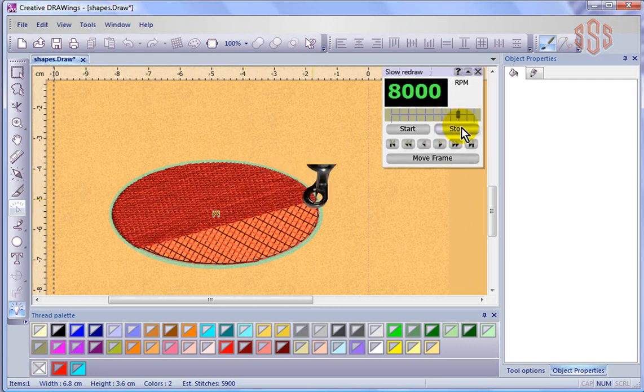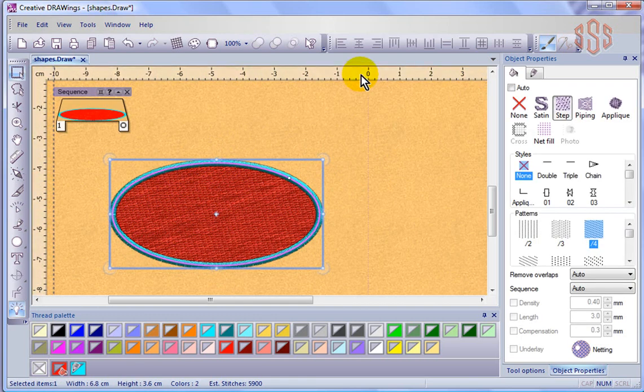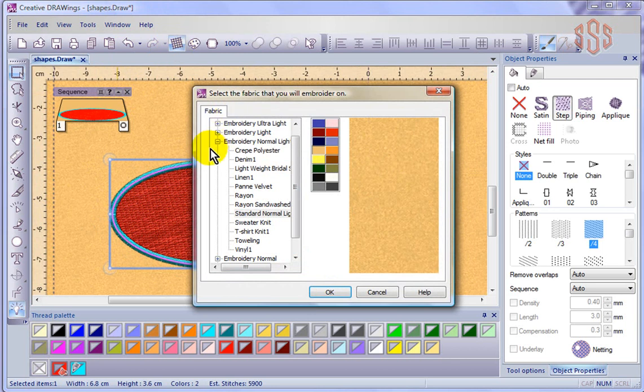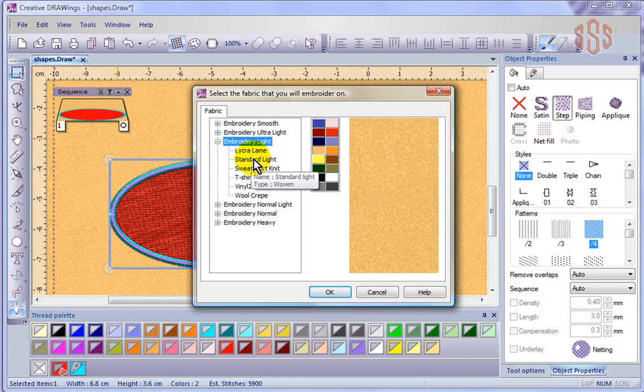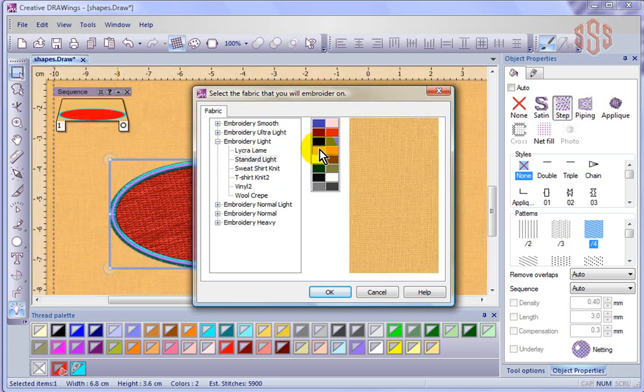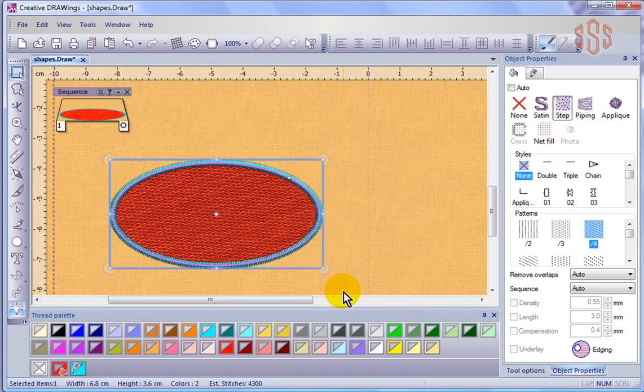So generally speaking, we were able to change the underlay type by changing the fabric type, and each time you choose a different type of fabric. So that was still embroidery normal. Well, why don't we go to embroidery light and choose from there. We'll just go with the standard light, and again a lighter colored fabric. Say OK, and now I can see that I'm going to have for my weave fill edging for the underlay,